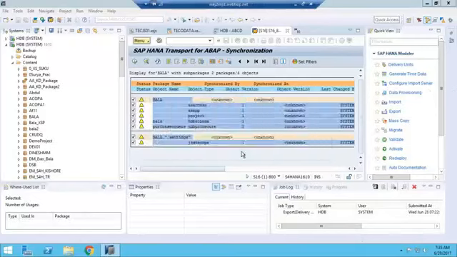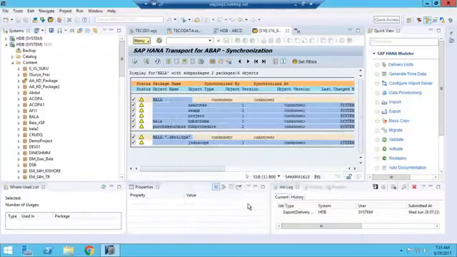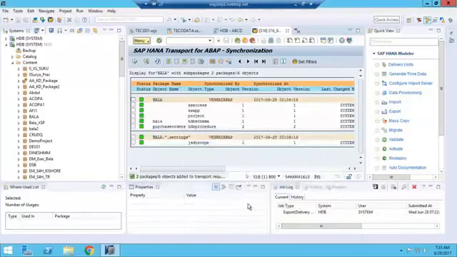We'll send the transport request and move it with the transport organization. Again, I showed you this is package synchronization. The next one is delivery unit assignment. HDC is delivery unit assignment.